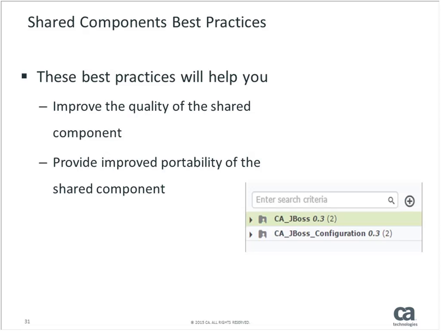All right, so here's another set of shared components overall that we can also do. And part of the best practice to improve the readability of the shared component is,